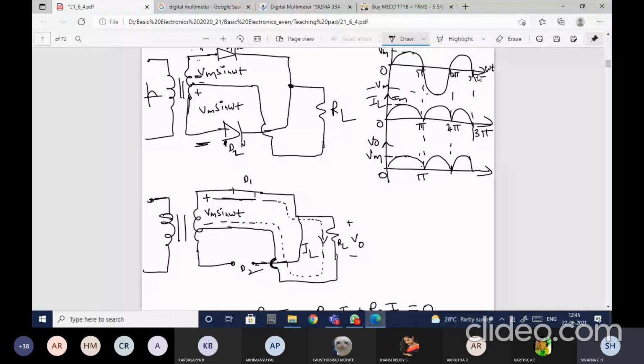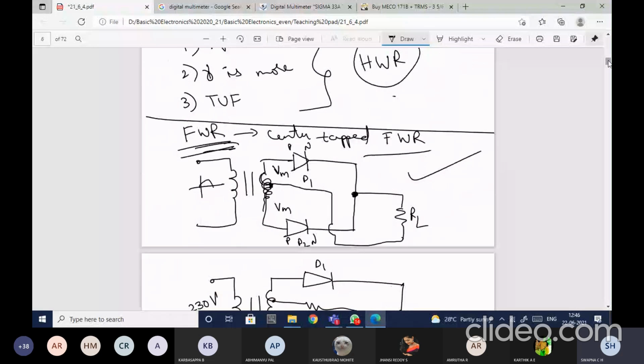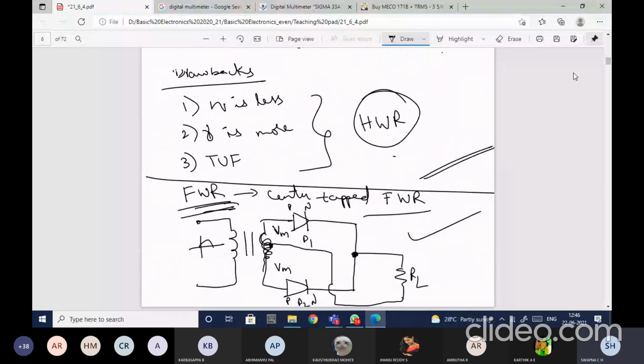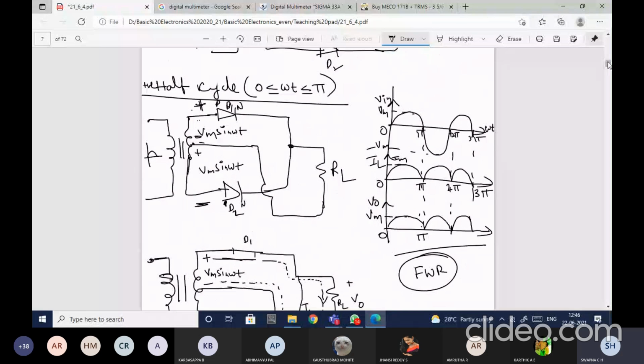So whenever in the exam they ask you to explain full wave rectifier, you need to explain both the cases, positive half cycle and negative half cycle, give the waveforms and also the necessary equations always. For your syllabus I have not given full wave rectifier. It is until half wave rectifier. Whatever we have seen until half wave rectifier, you may get any question. The syllabus is until half wave rectifier. Is this clear to all of you? Anybody has got any doubts?